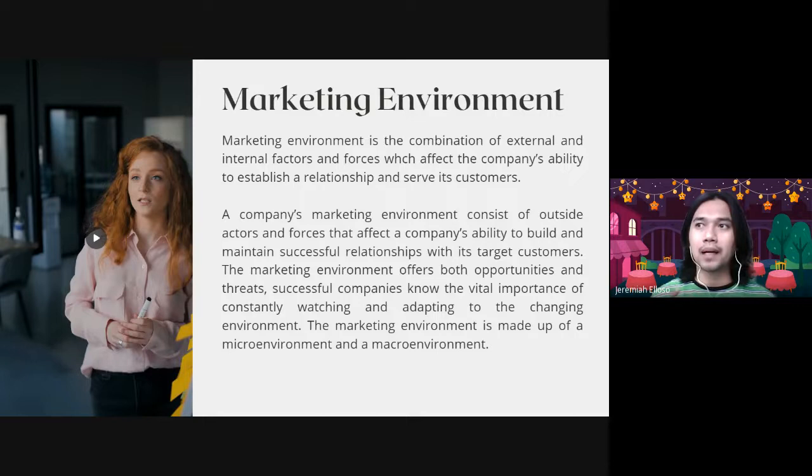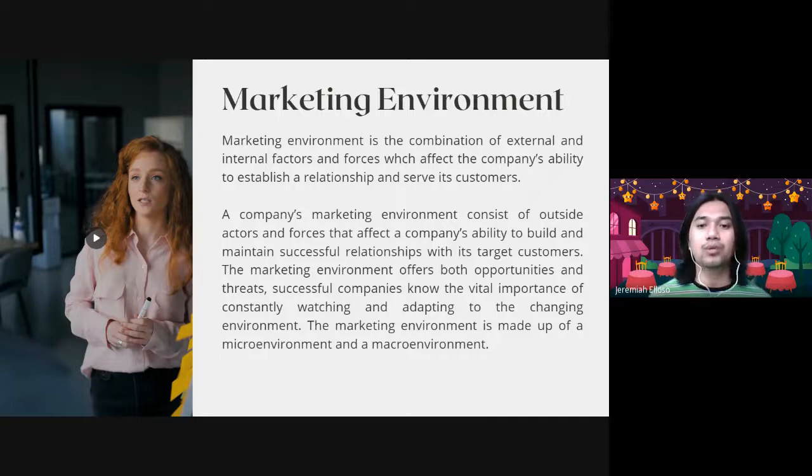They could positively or negatively impact the way we do our business. So it's imperative that we are aware of who are part of the micro environment and who are part of the macro environment. And because the nature of the environment is ever changing, it's dynamic, we have to